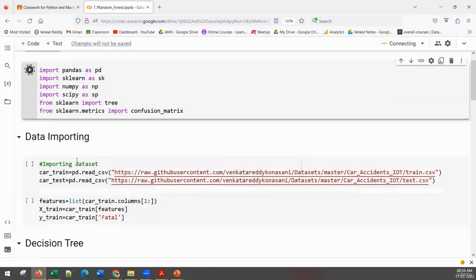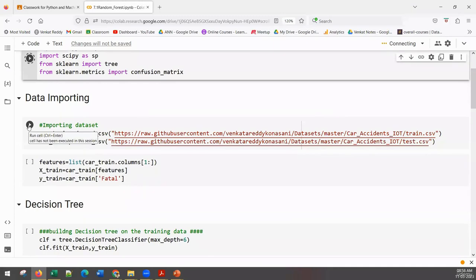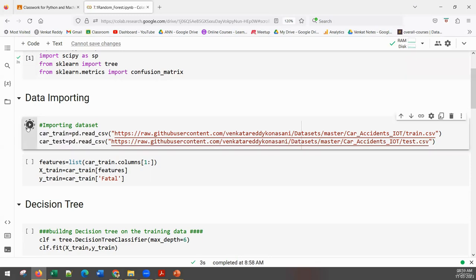I have divided it into train and test. In general, if a single data set is given to you, have you already learned how to divide the data into train and test? What is even the need of dividing the data into train and test? Why can't I simply take the overall data and build a model on that? If you build the model on the overall data, there is no way you will be able to test whether that model is right or wrong. That's why you have to divide the data into train and test, build the model on train data, and validate it on the test data.